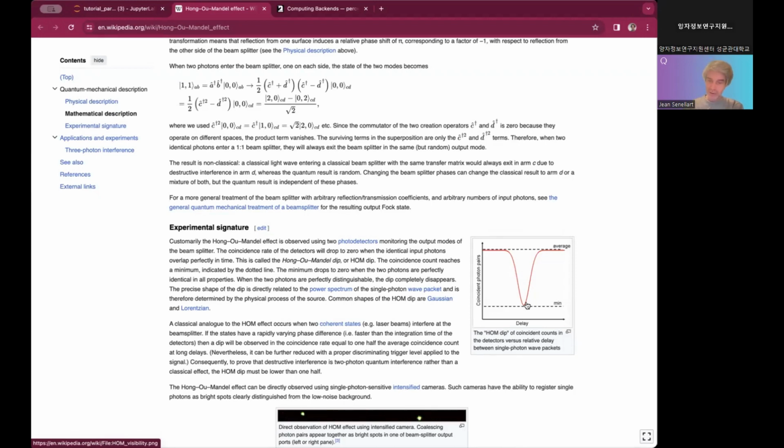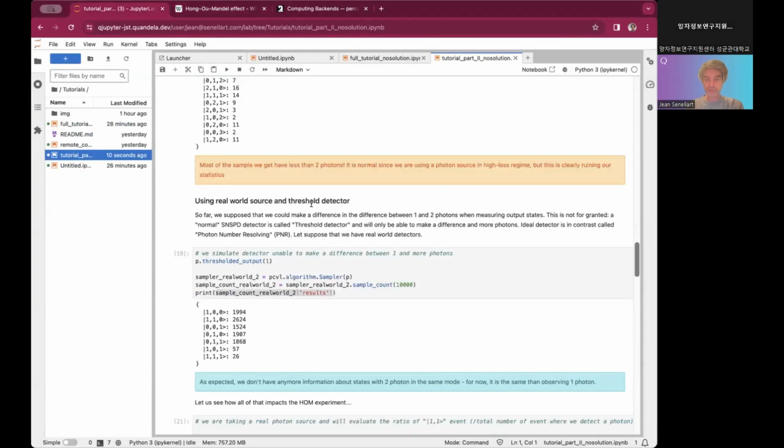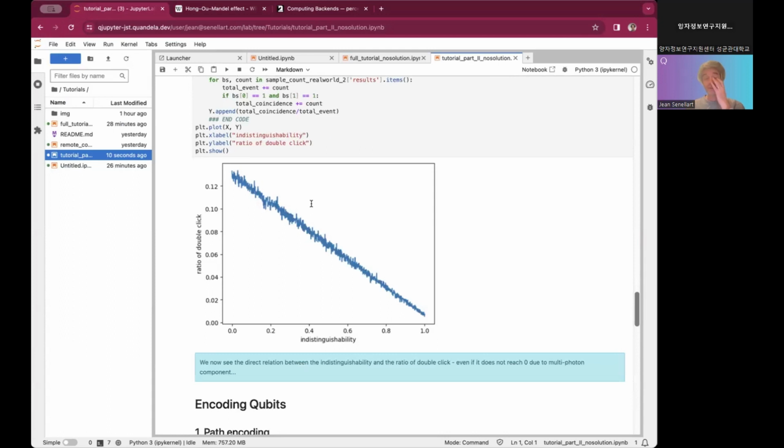And we see this curve, which is exactly the same coincidence photon pairs ratio. The minimum will be when the derivative is 0, that is, when there is full indistinguishability, and the maximum will be when the delay is increasing. So it's exactly the same as what you are seeing here. On our side, we don't have the delay in our setup. We just make the indistinguishability vary directly, and we see that.